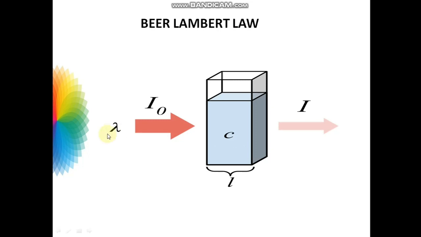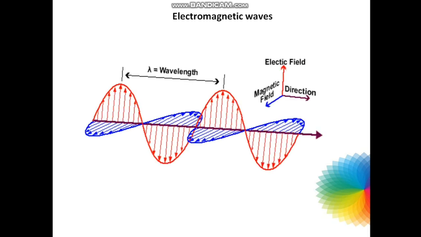To make you understand more about what these monochromatic rays are, I wanted to tell you about electromagnetic waves. What are electromagnetic waves? They are a form of energy that is surrounding us everywhere. They consist of both magnetic field waves as well as electrical field waves. The red color waves here indicate the electrical field waves, and the blue color waves here indicate the magnetic field waves. Both are perpendicular to each other, and the direction of propagation is also shown here. Electromagnetic waves have two main characteristics: wavelength and frequency.